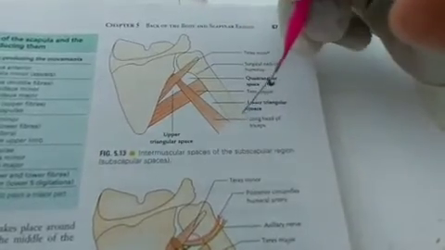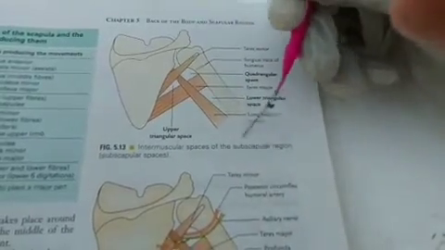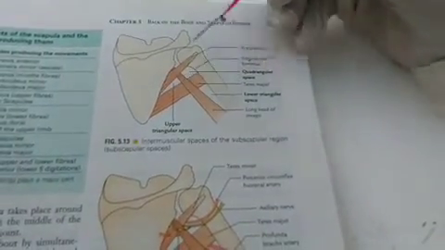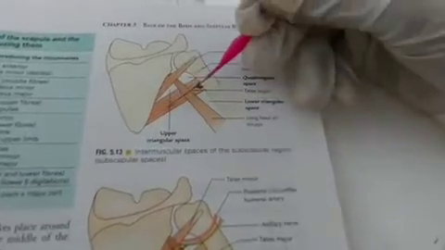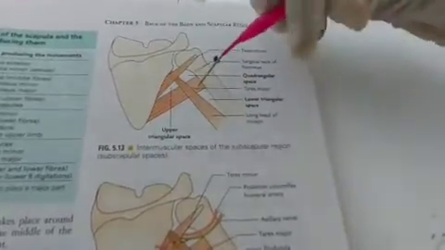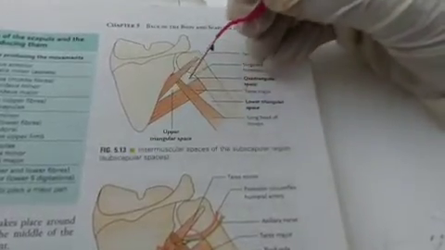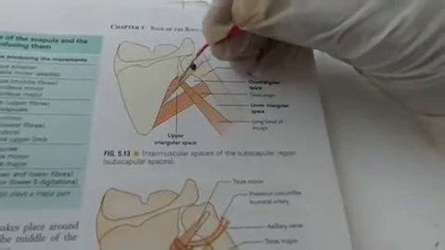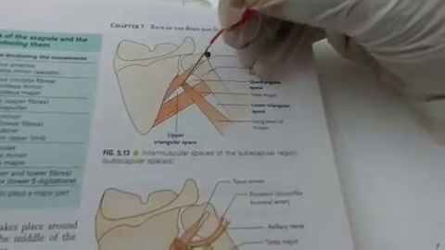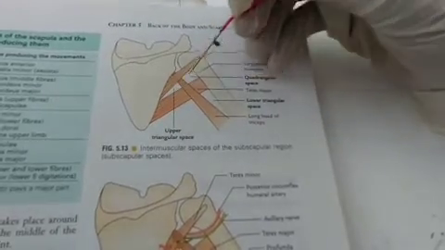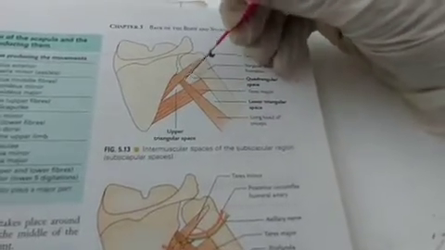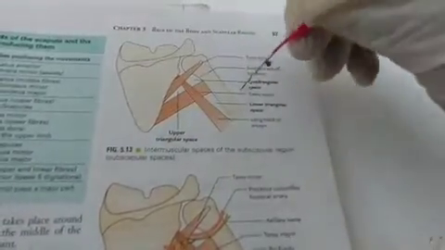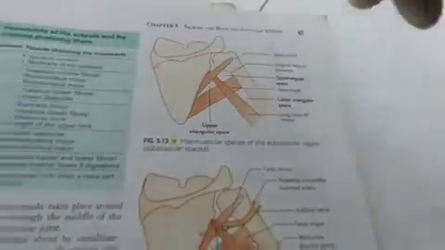The only large muscle in the back of your arm is your triceps. The long head of your triceps is this muscle. In this diagram you can easily see the three spaces. This is your upper triangular space, a triangular-like structure, this is your lower triangular space, and this is your quadrangular space. Now you have to have a nice imagination of this diagram. We'll look into the cadaver right now.